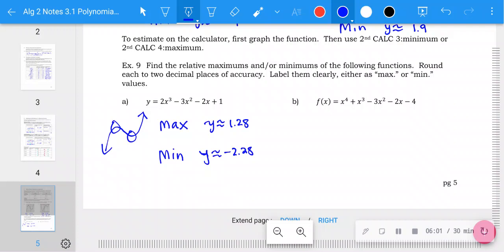Okay, then we're going to get another graph that looks something like this on this next one. And it's going to have one maximum and two minimum heights. So that hilltop right there is the maximum, and these two lower ones are the minimums. Okay, so I'm going to list this. It's going to be one maximum, and here's the other symbol for approximately equal to, and two minimums, two valleys,